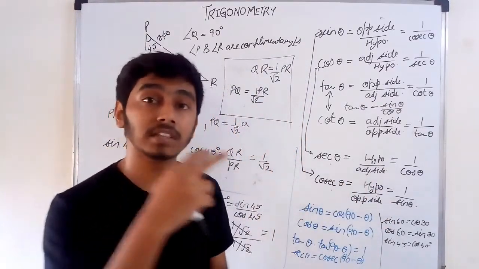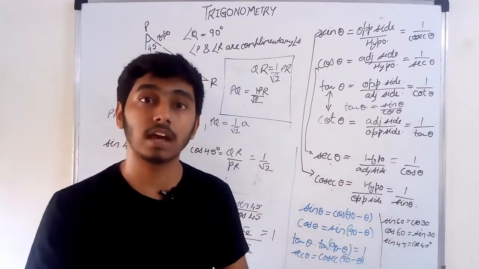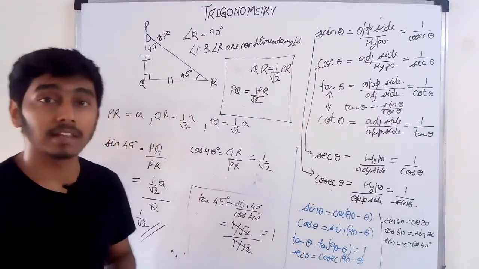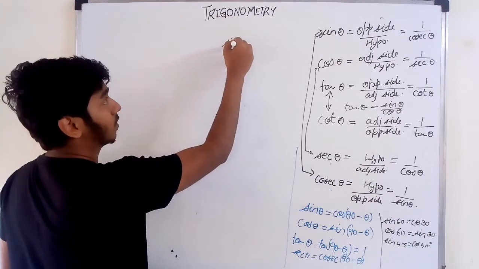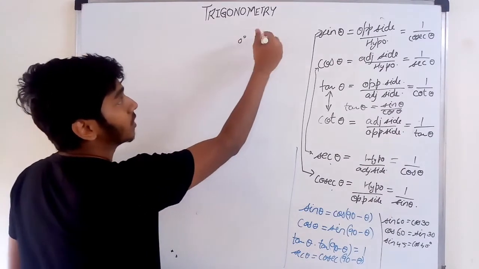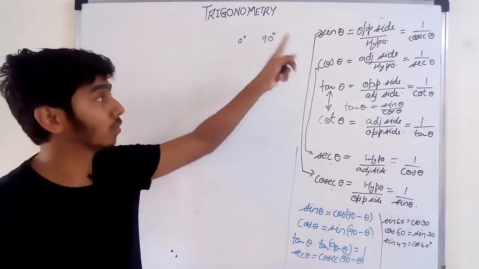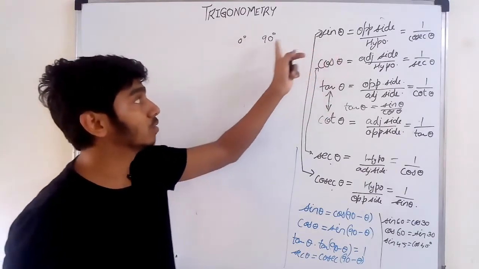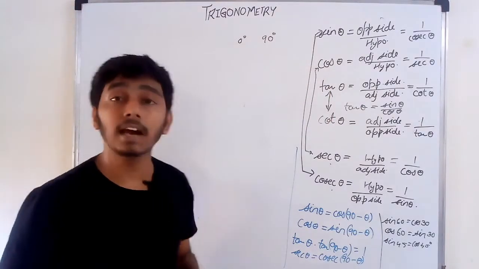Now we'll find, for theta equal to 0 degree and 90 degree, the sine, cos and tan values. So let's find that out. Now we are trying to find sine 0, meaning for 0 degree and 90 degree: sine of 0 degree, cos of 0, tan 0, and also sine 90, cos 90, and tan 90. So let's see how we do.